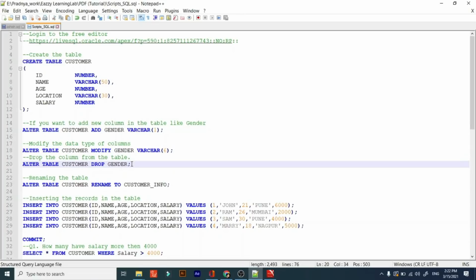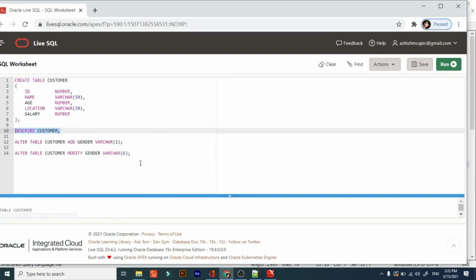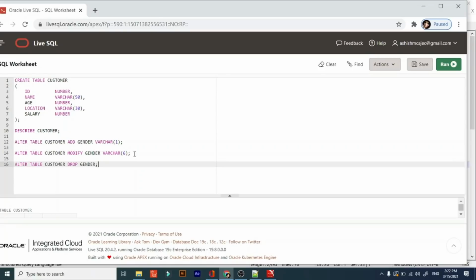Now if I want to drop the gender column from a table, we use alter table name, drop that column. I'm copying this, pasting this command and executing it. It will drop the gender column from the customer table.